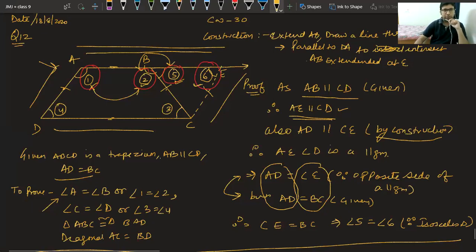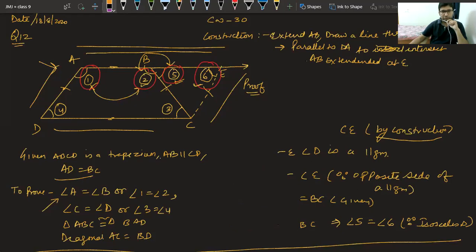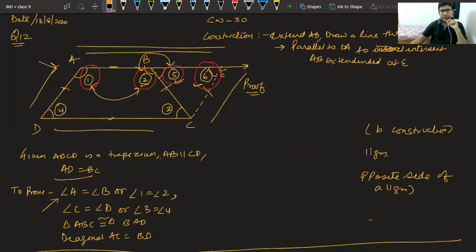Let me rub this. If you have any confusion, you can watch this again on the channel. Now taking the second part. Utkarsh is giving the answer. You also have to understand. The second part is to prove C equal to D. Try to use your mind and think, how can you prove C equal to D? It is very easy. Just think for a while.